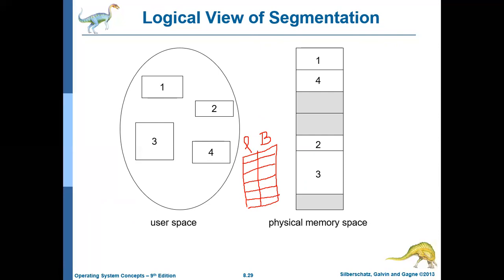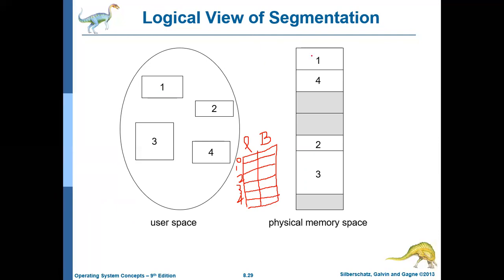Okay, and then here there will be some rows. For example, the 0th row represents the 0th segment. The first row represents the first segment. The second row represents the second segment. The third row represents the third segment. The fourth row represents the fourth segment. Like that, it goes on, right? Now let us assume that 0th segment is not shown, so let us assume there is no 0th segment.